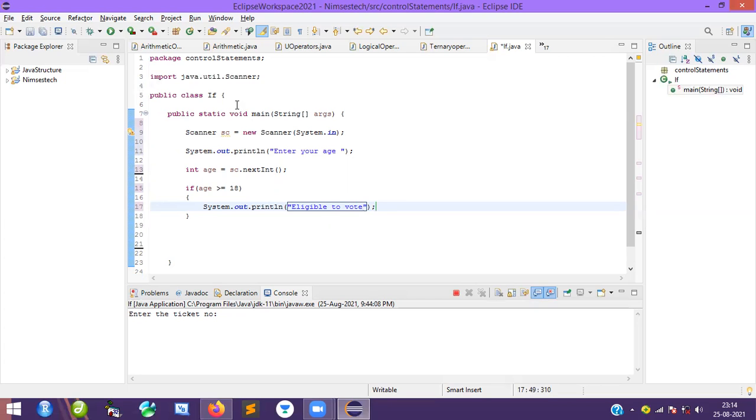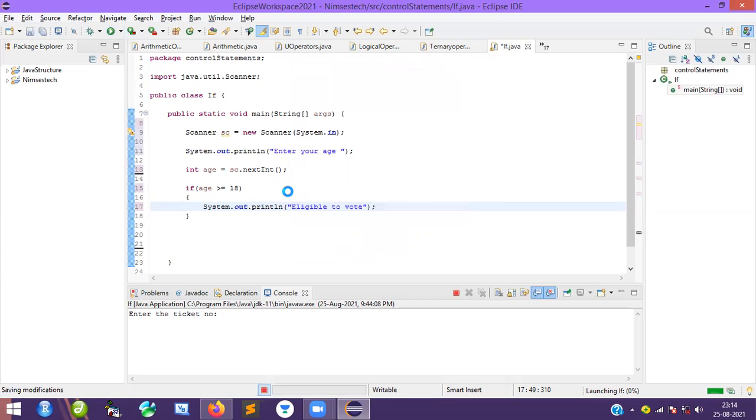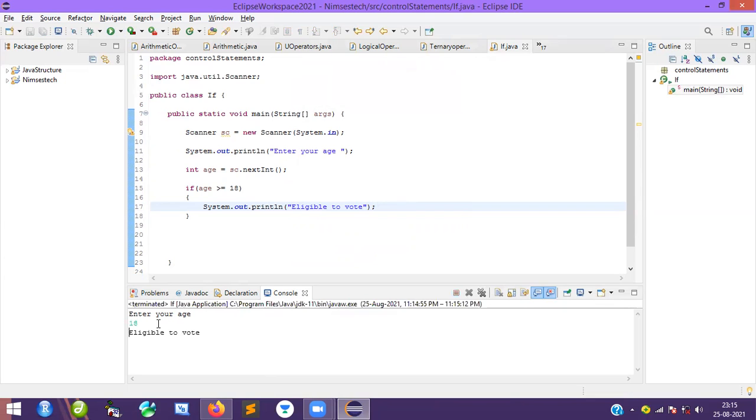Okay, let's run this piece of code and we will understand it now. Save. Now you get it here. It asks you to enter your age. I am going to enter the age 18. Enter. It says eligible to vote.